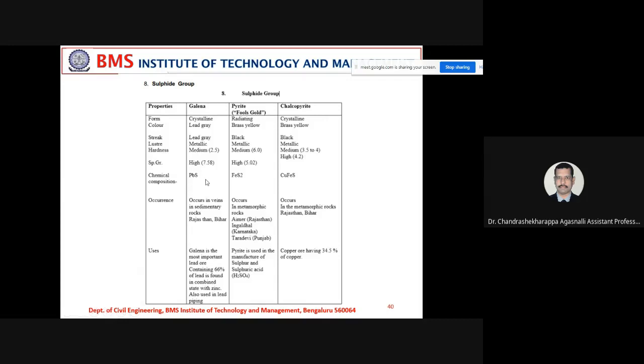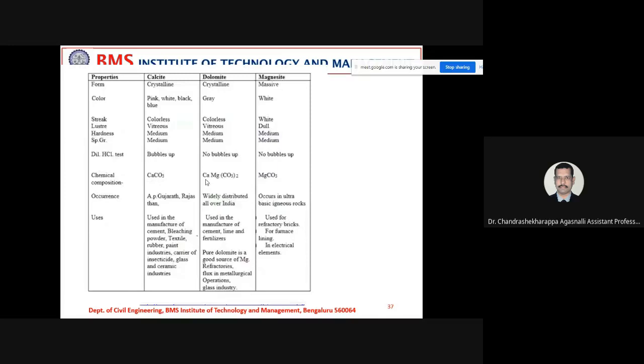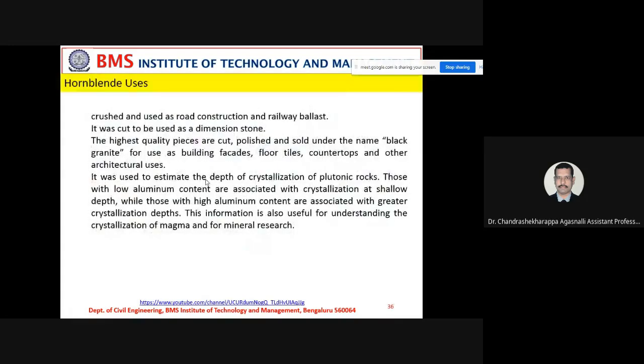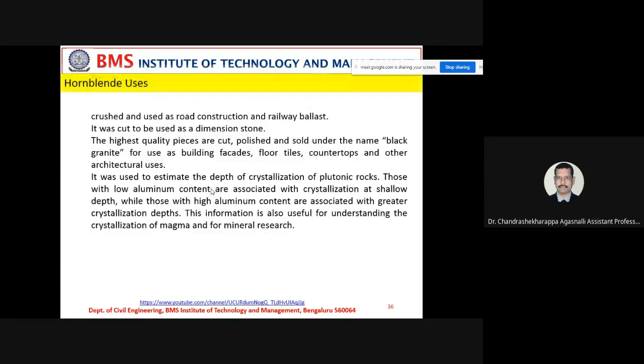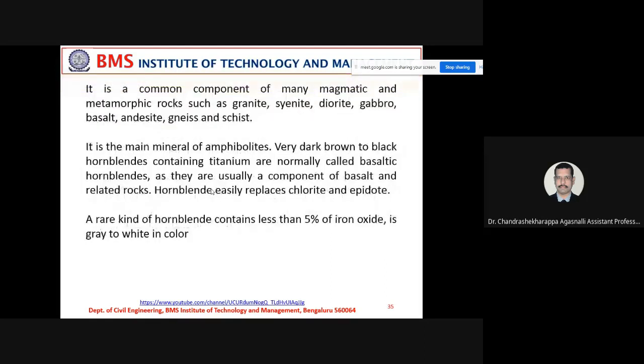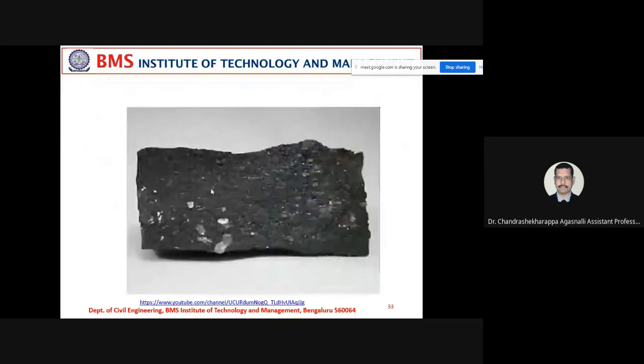When it comes to the carbonate group, this is all a carbonate group. See here, calcium carbonate, chemical composition CaCO3, CaMgCO3, MgCO3. That means it's a carbonate group of minerals, right? So when you go back to the iron group of minerals,